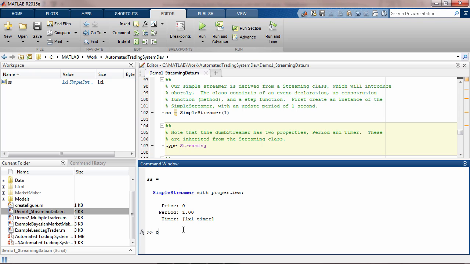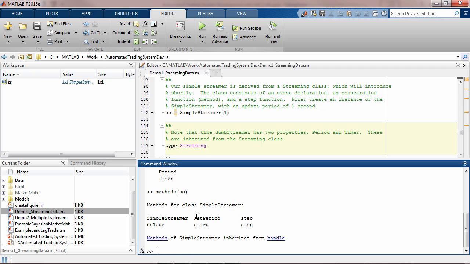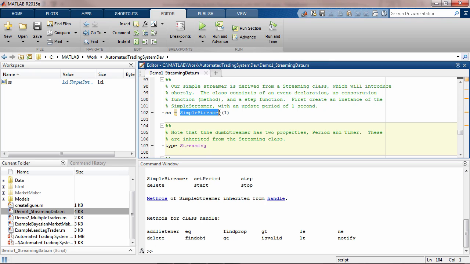I can also look at its properties. So these are the properties that are displayed. I could also type properties to get a look at the properties that are available. But more importantly, let's take a look at the methods. Remember, I only implemented the step method. But I have everything from its superclass. So I have the creation method, set period, step, stop, start, and delete, which were all derived from the first one, as well as the methods from the handle, which also include add listener and notify. Now these two functions will become key later for notifying based upon an event, and then adding a listener based upon an event. So if we go back to the simple streamer object real quick,